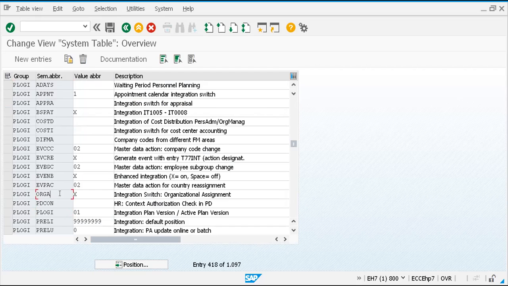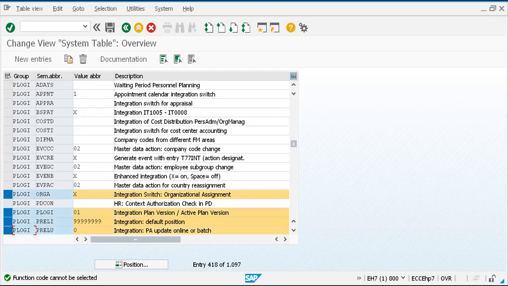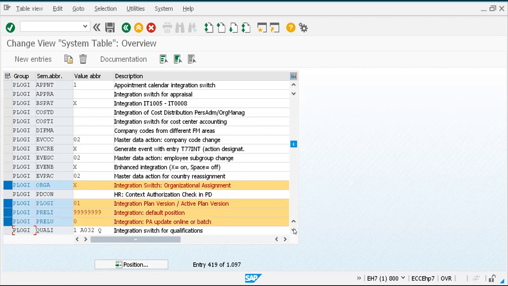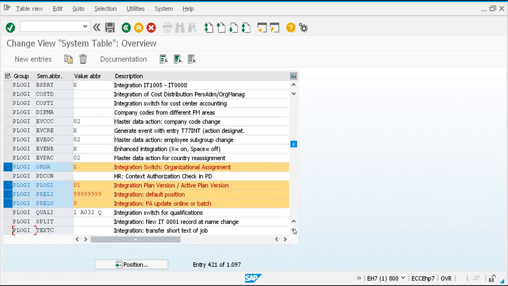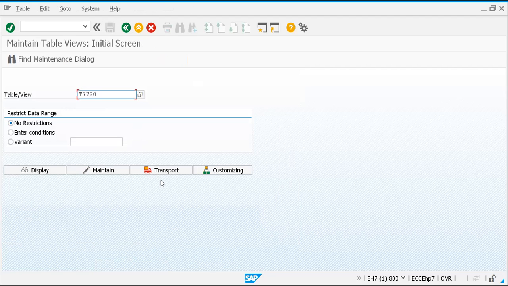Ploggy orga, these things you can maintain. These are important. Ploggy orga, ploggy prelu. These are also questions. Okay, this is done. What I'm doing is I'm deleting this table. I'm going for another table, which is